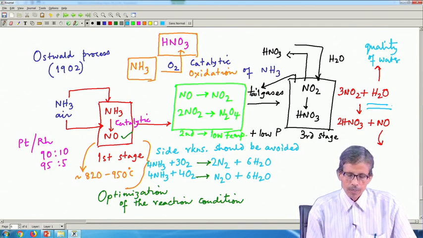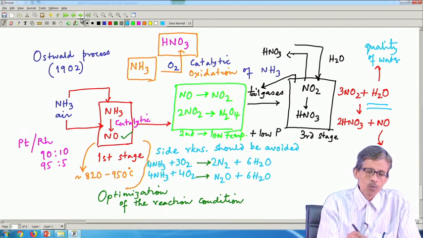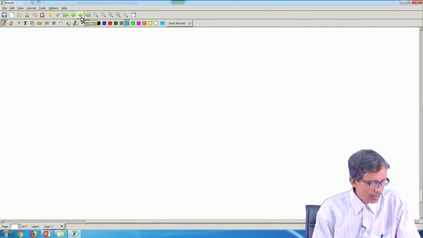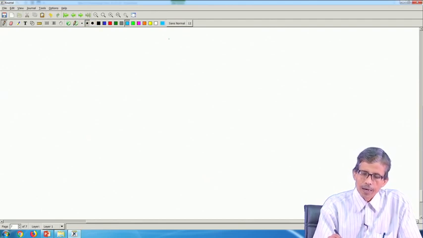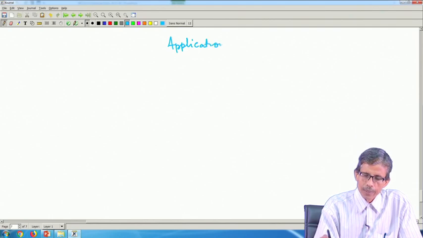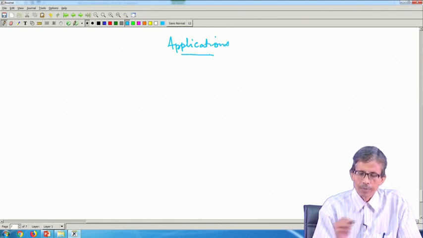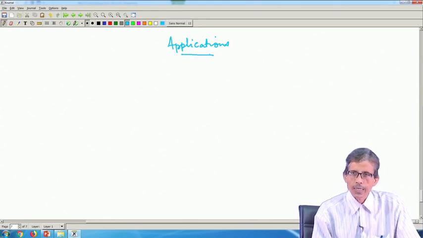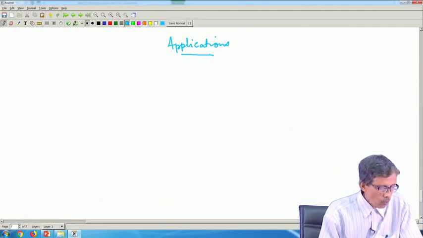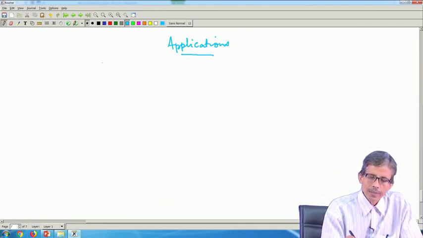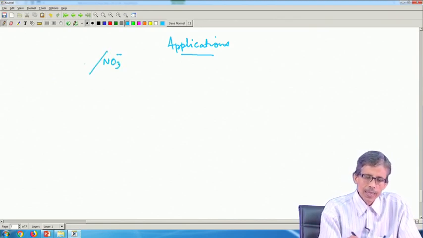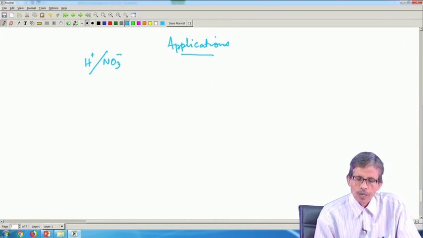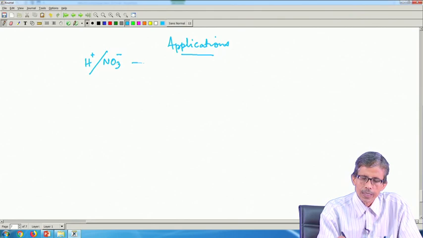So, this schematic and all these things tell us how we can utilize the production of this nitric acid. Now, we will quickly summarize the corresponding applications. What applications can we have for this nitric acid, because it is a very useful inorganic acid, which we call a mineral acid. One such is the supply of NO3 minus, and also the supply of H plus, because the high purity of this nitric acid